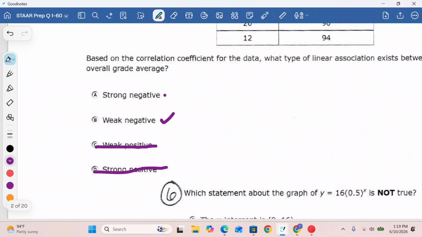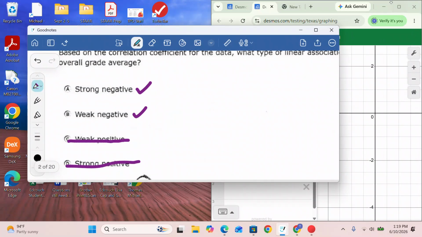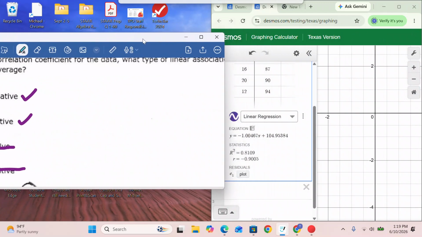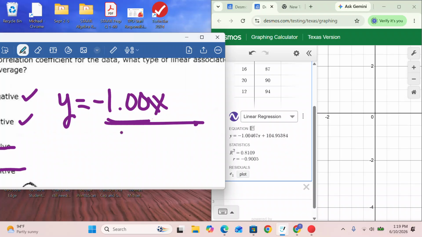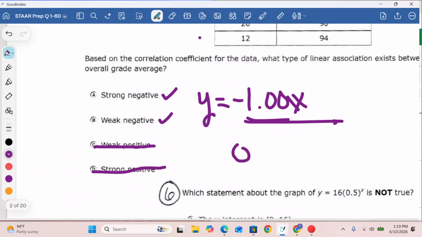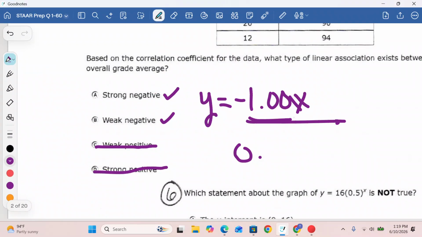Now here, if you look at that, you can do the work if you want. You see how it gives you y equals negative 1.00, and I'm just going to put x here. You see right here, it disappeared. Oh, there it is. It's slow. So it's a negative 1.0. This will give you the rate of change, which is a negative. And then right here, you see the 0.081. Oh, it goes slow, I guess it's a lag. Let me see if this works. So it's 0.081. This tells you it is a